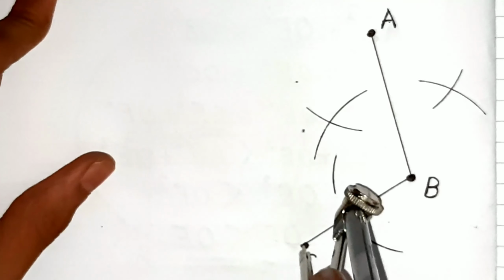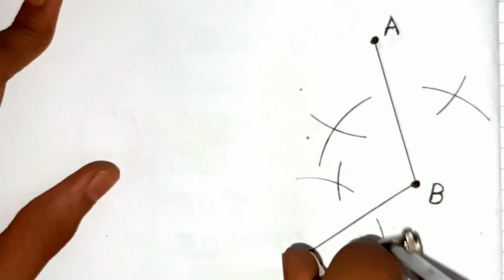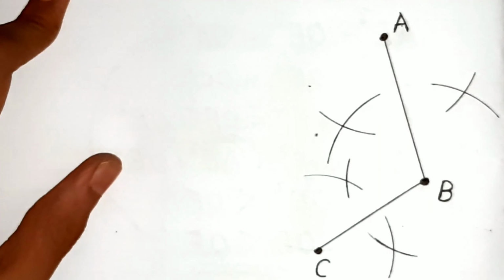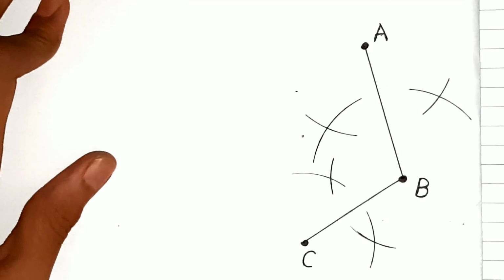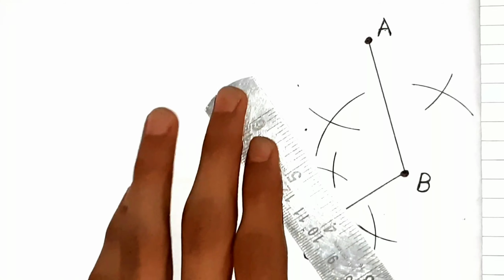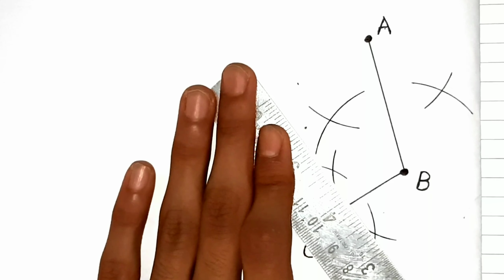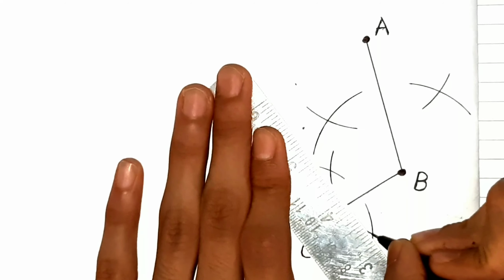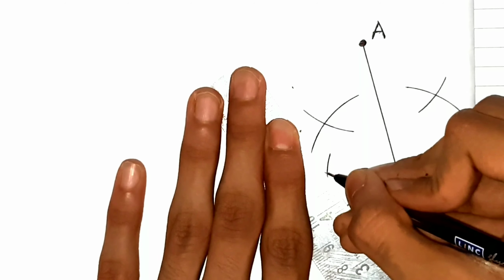Now we'll take C as the center and we'll cut the previously drawn arc. Now with the help of a scale, we'll join the points where the arcs intersect. First we'll join the points and draw the perpendicular bisector of line segment BC. As you can see,